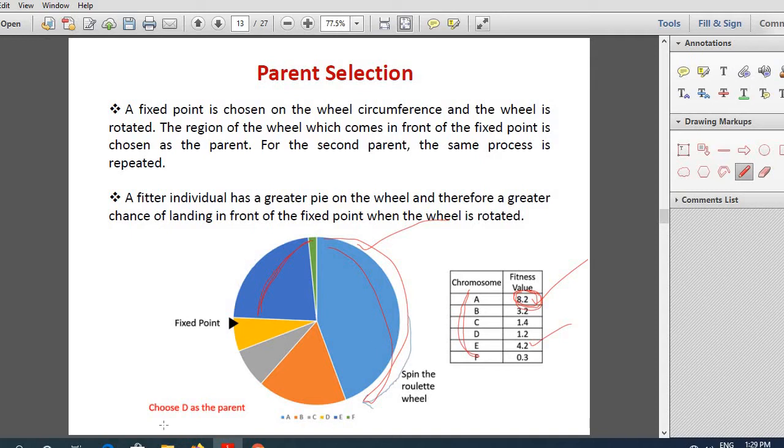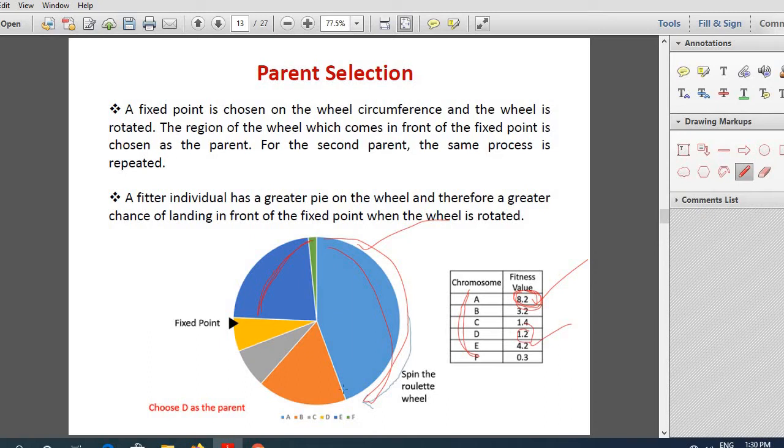you actually turn this wheel once. One particular area of this wheel will come towards this fixed point when you stop the rotation of the wheel. That individual will be taken as the first parent. So here this yellow portion corresponds to D. It has only a fitness of 1.2.